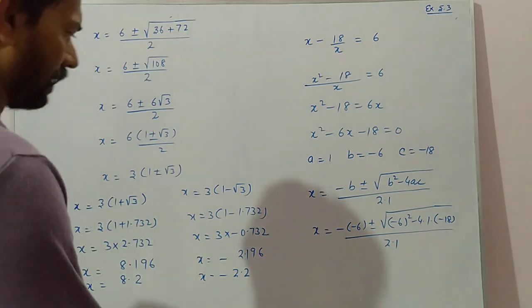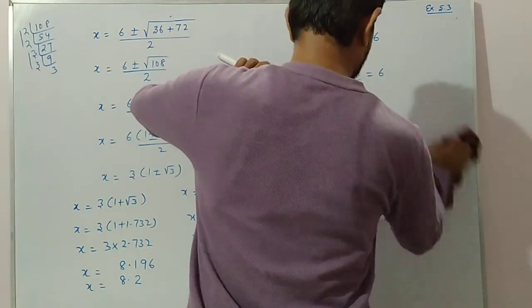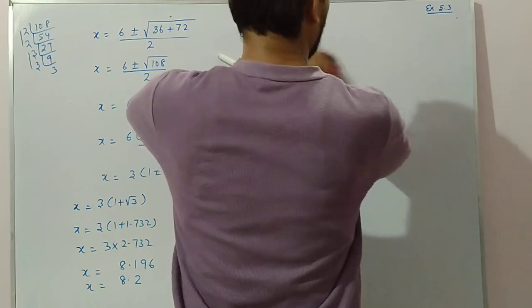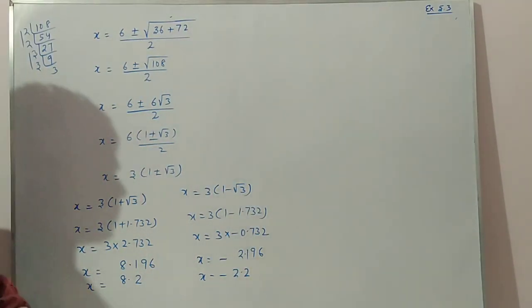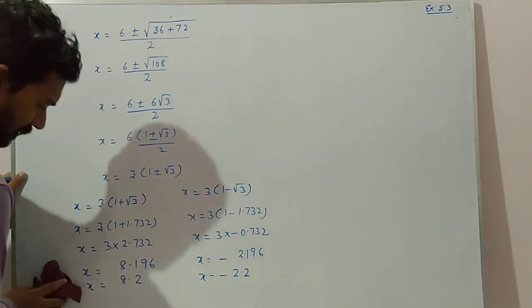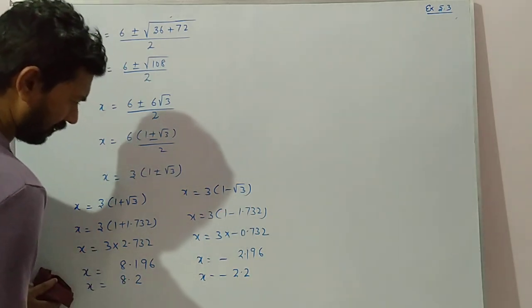I will show a brief description about significant figures. Now see here. Do up to there. Next class we will deal with the next exercise, that is nature of the roots. So complete exercise 5.3. If there is any doubt, ask in the comments. I will reply in the comment section and clear it up.